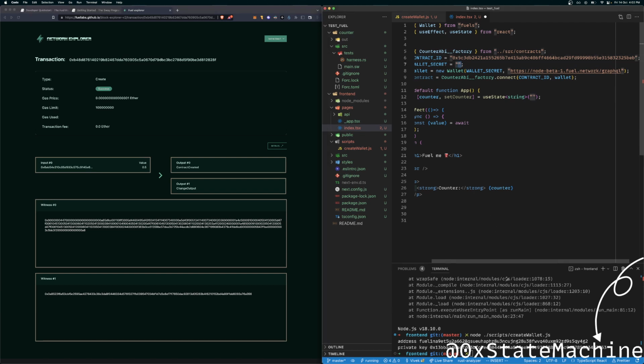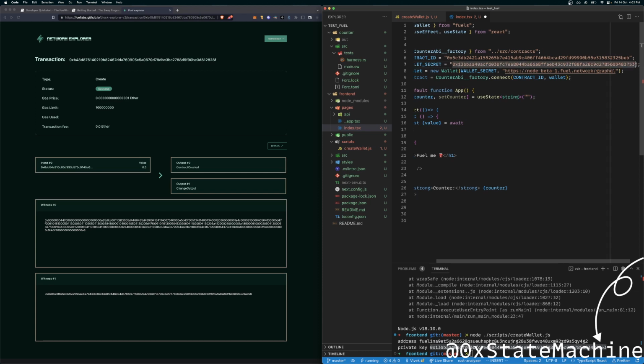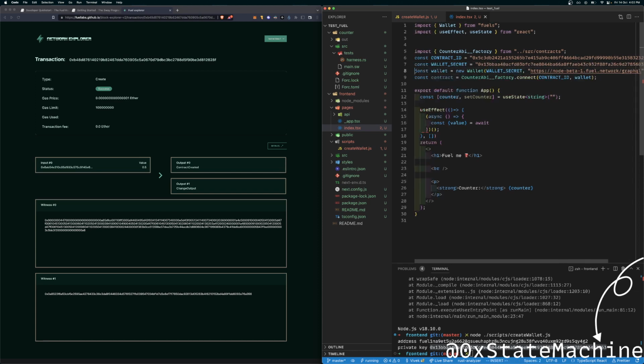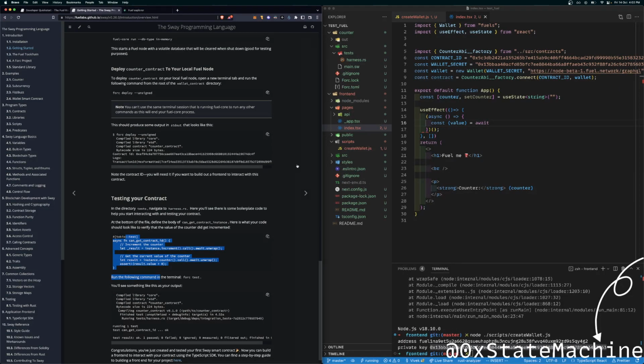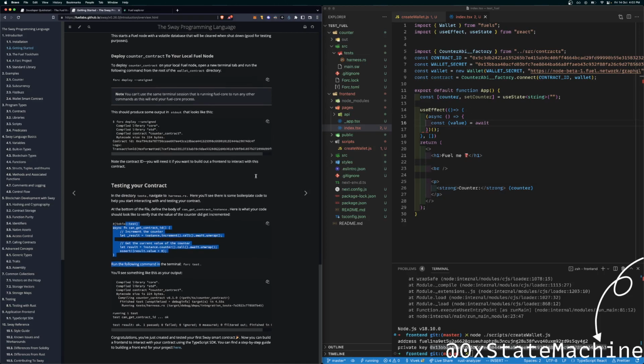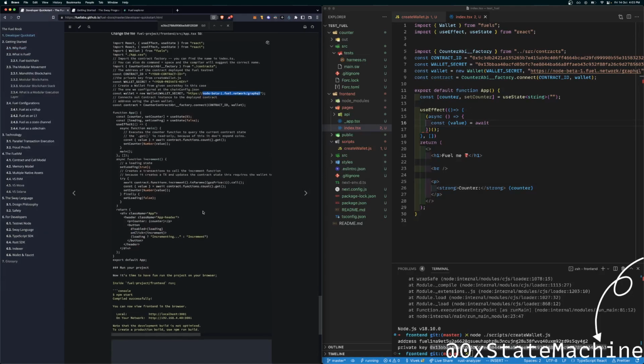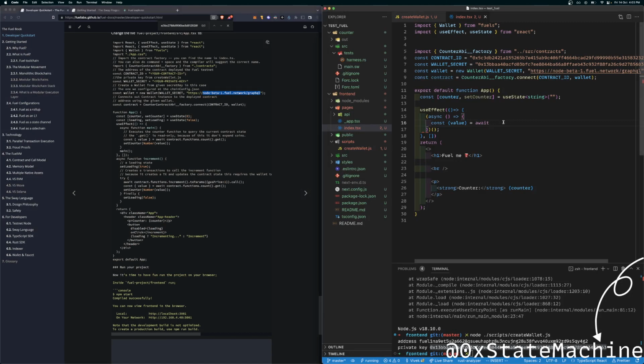And then I need wallet secret, which is going to be this. Now we're going to use this contract object, and this is really cool.